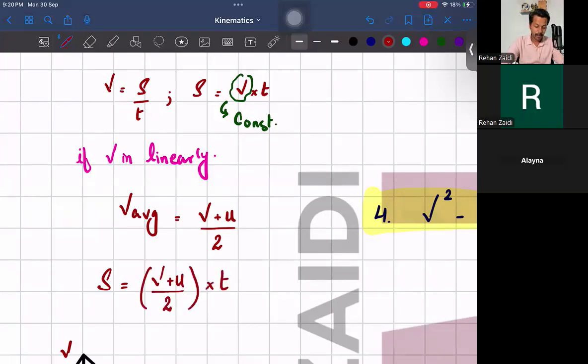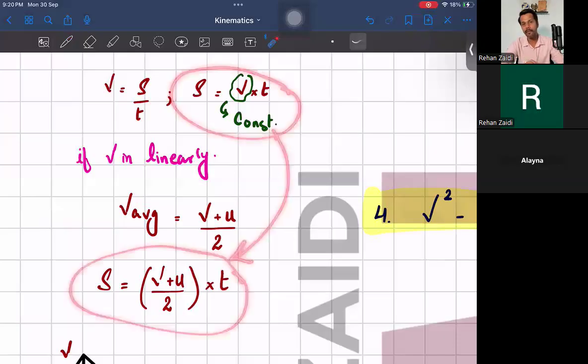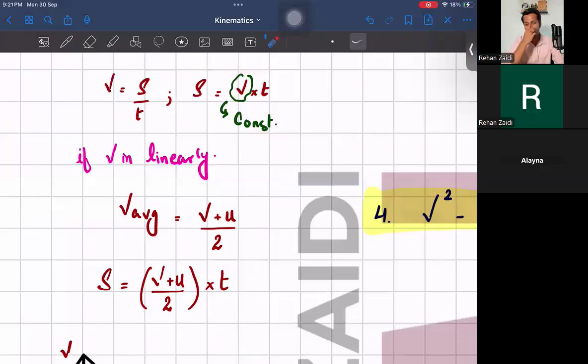So यूनिफॉर्म वेलोसिटी वाला फॉर्मूला बन गया यूनिफॉर्म एक्सेलरेशन वाला फॉर्मूला,